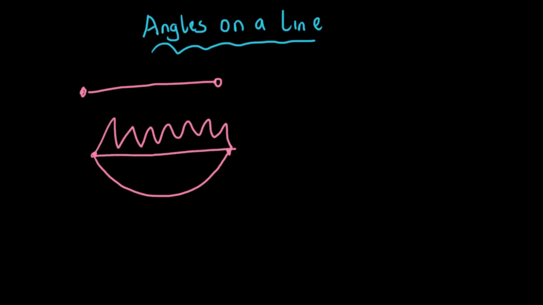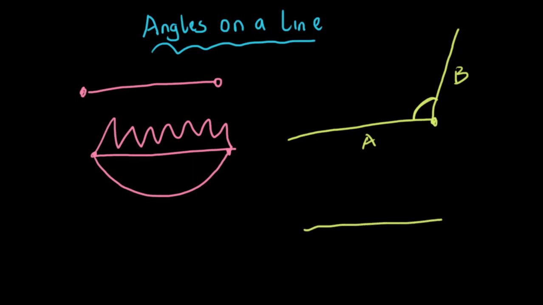Do you understand? Now, when two lines meet, we have what we call an angle. So this is line A, this is line B, they meet at this point, and here they form an angle. Does that make sense? When any two lines meet, they form angles. Line C, line D, they meet at this point, they form angles. Do you understand? Now we move to what we really want to deal with in this video: angles on a